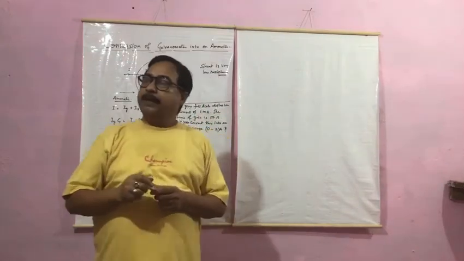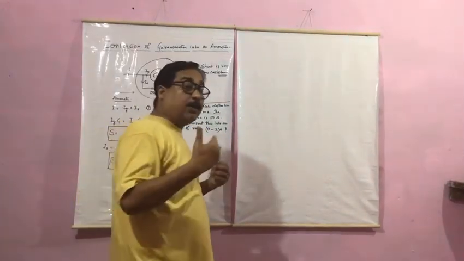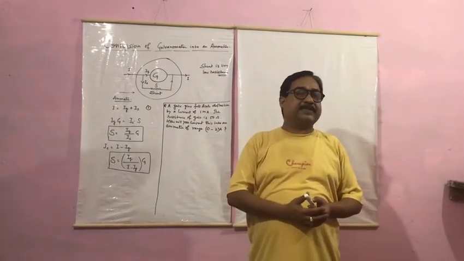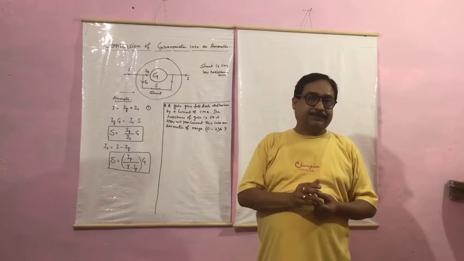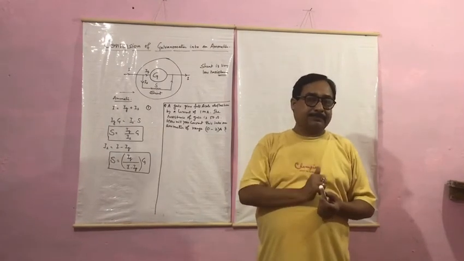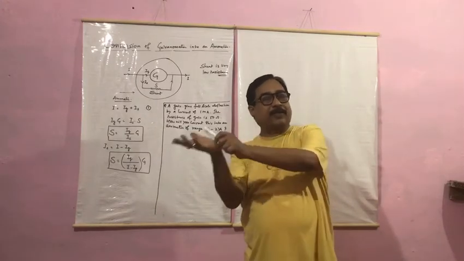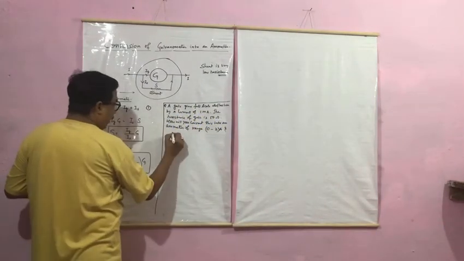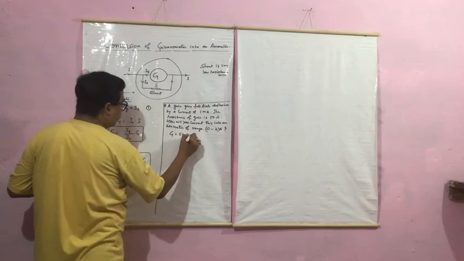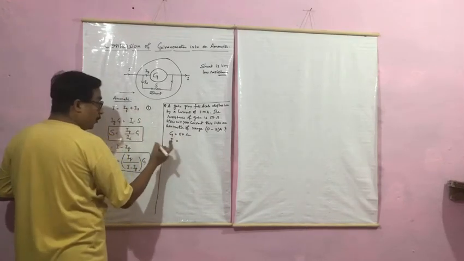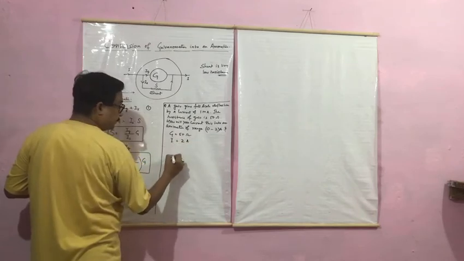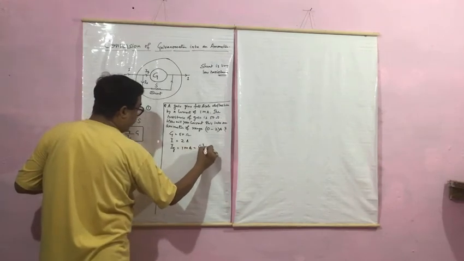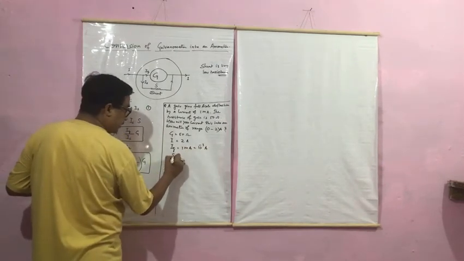Now we want to make this galvanometer suitable to measure even 2 ampere of current. Then how will you convert this? It means we have to find the value of the shunt, which is to be connected in parallel to convert this galvanometer into an ammeter of that range. So what are the things given in the question? Given the value of capital G, it is 50 ohm. The value of I which you want to measure is 2 ampere maximum. The value of Ig is 1 milliampere, that is 10 to the power minus 3 ampere. And we have to find out S.